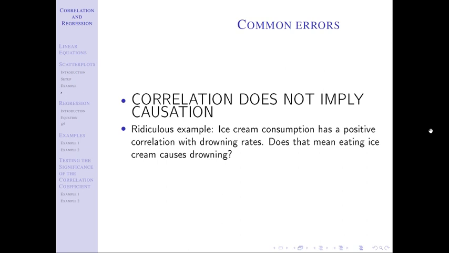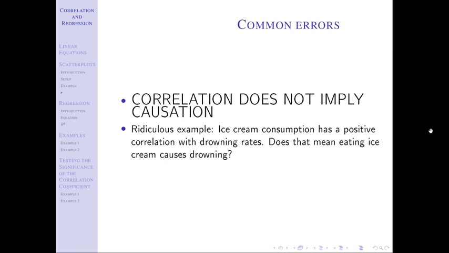There is more ice cream consumed in the summer. And guess what? There are more people who swim in the summer. There are more people who drown in the summer. So if I just pick any random day, I can give you a better estimate of how many people are going to drown that day based on how many people are eating ice cream that day. The more people eating ice cream, the more people are going to drown. The fewer people eating ice cream, the fewer people are going to drown. That does not mean one caused the other, right?